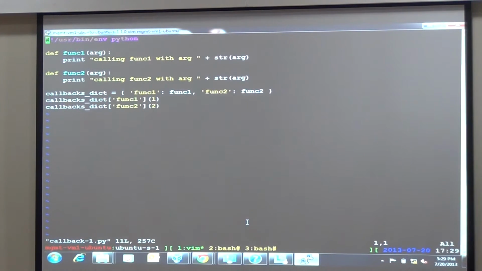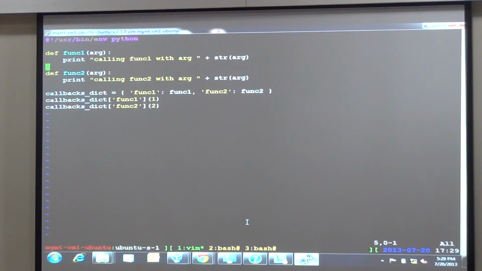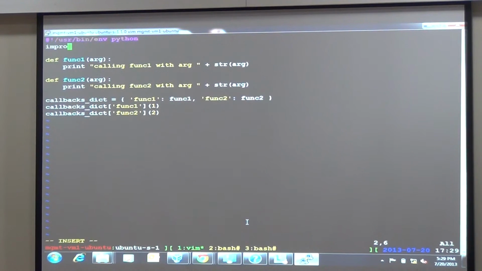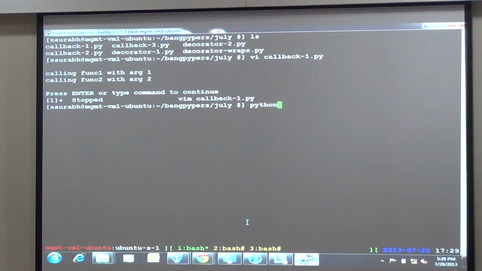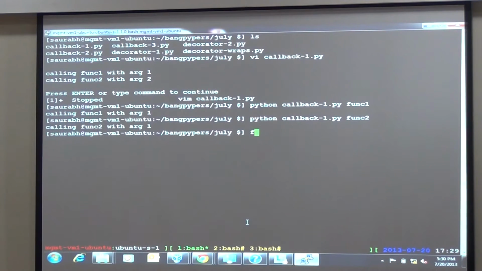If I run this right now, we'd be calling function 1 with argument 1 and function 2 with argument 2. If I do it this way instead, I am calling function 1 with argument 1 and function 2 with argument 1.